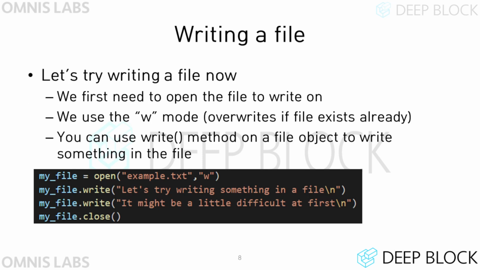First, let's learn how to write something to a file. First, open the file using the open function. In this case, the mode is specified as W. When you open a file in W mode, if any file already exists in the file location passed as an argument, this file is overwritten and a new file is created. And you can write new text into it by calling the write method of the file object. And when writing to the file is completed, just call the close method.